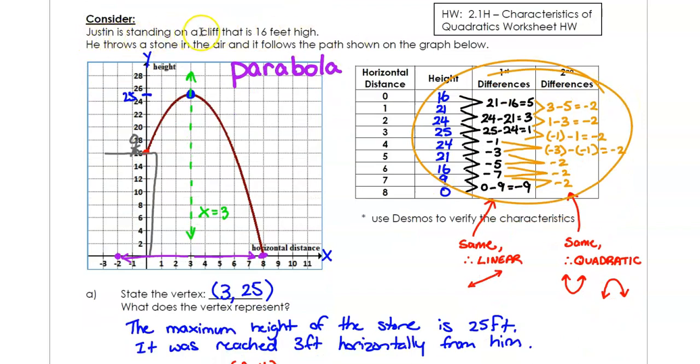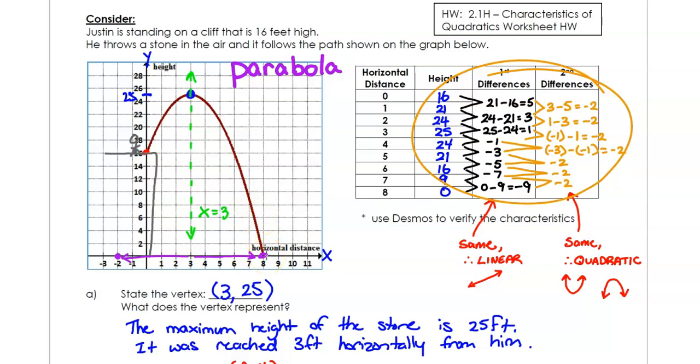Justin is standing on a cliff that is 16 feet high. I drew Justin right about here, and I drew the cliff starting from the 16. I don't know if you can see that, but you can use your imagination. He throws a stone in the air, and it follows the path shown on the graph below. So he's going to throw the rock in the air, and then obviously gravity is going to pull it down